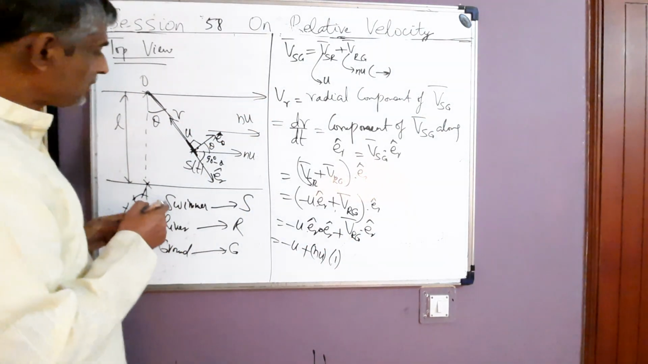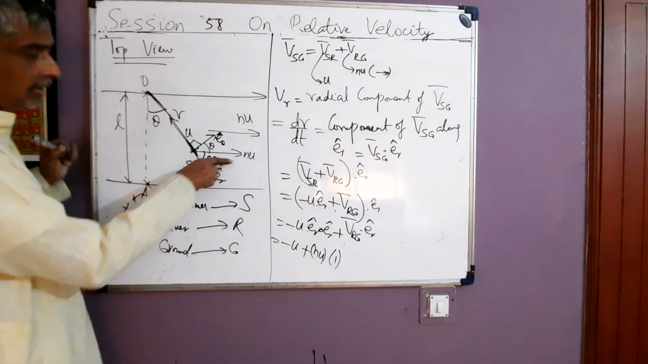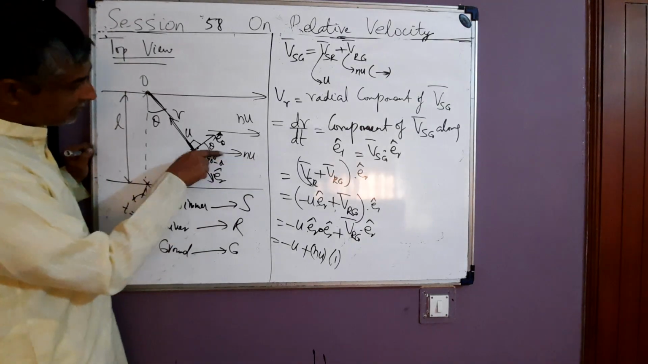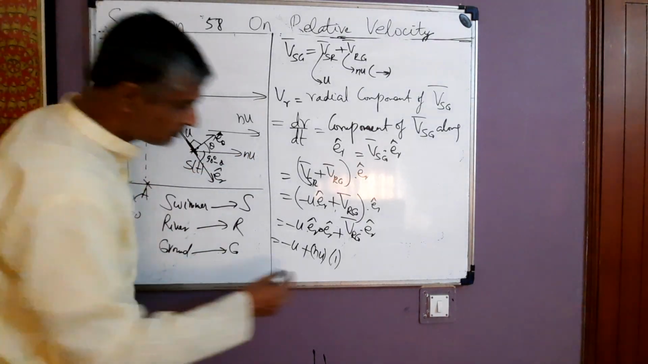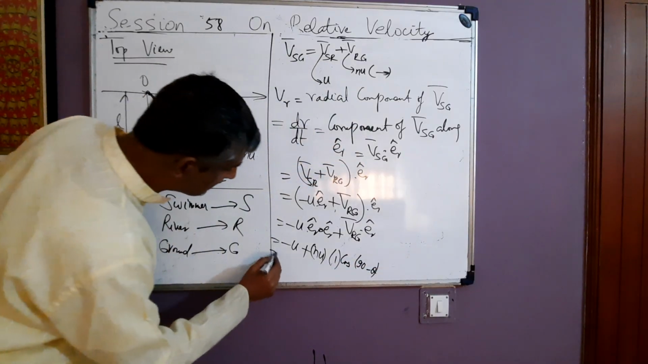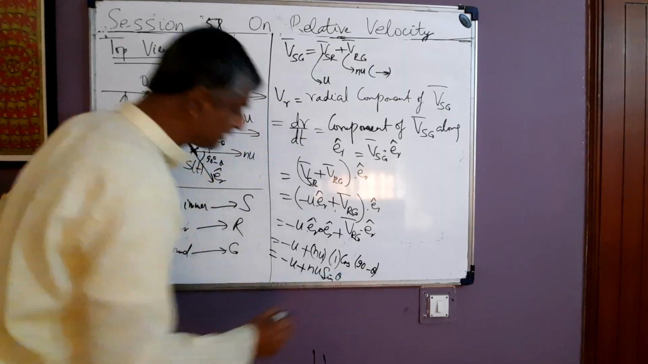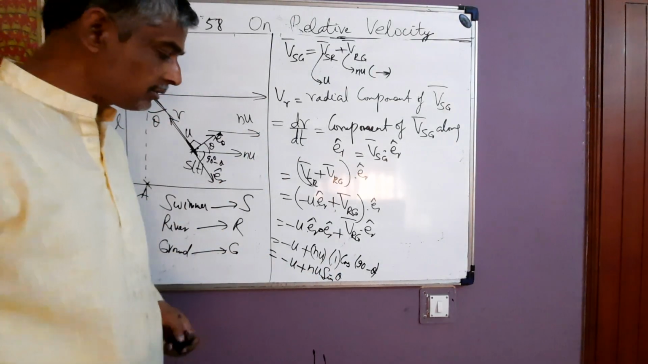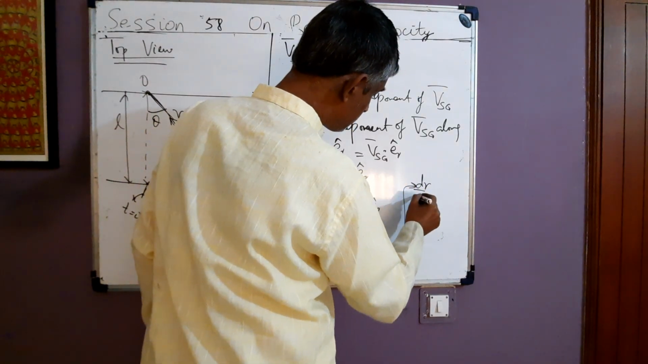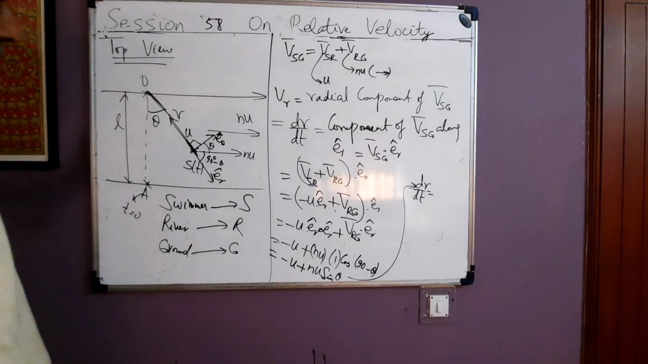VRG cos of the angle between VRG and ER. Now VRG is the velocity of the river with respect to the ground. So the angle between VRG and ER is 90 minus theta, so this becomes cos of (90 minus theta), which is simply sin theta. Minus u plus v sin theta. This is equal to VR, the radial speed. So one equation we have obtained: dr by dt is just equal to v sin theta minus